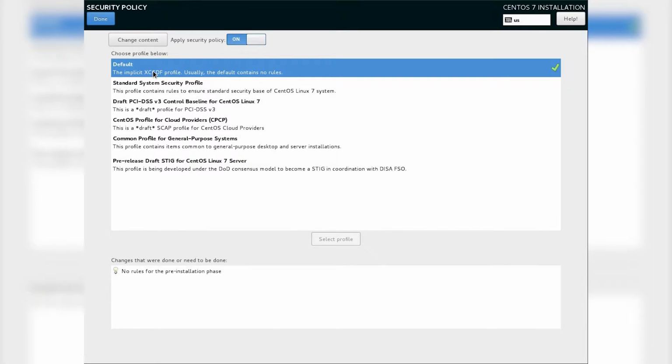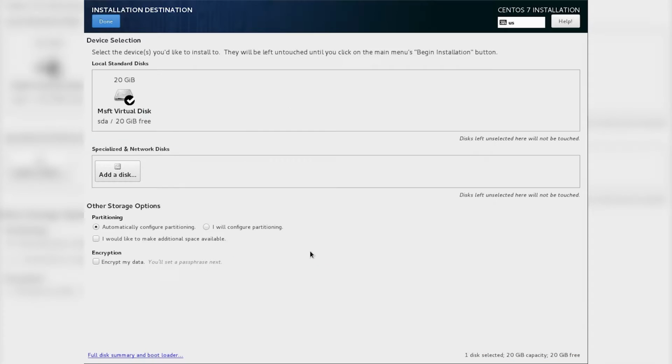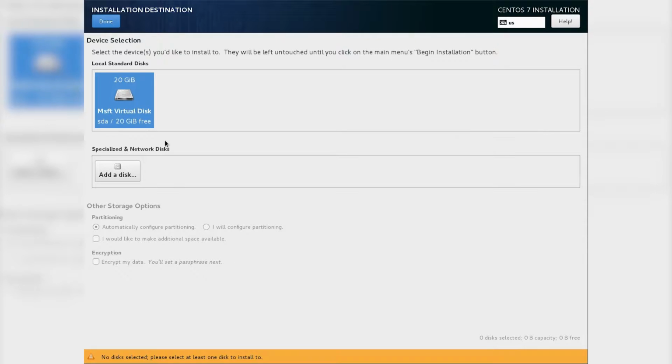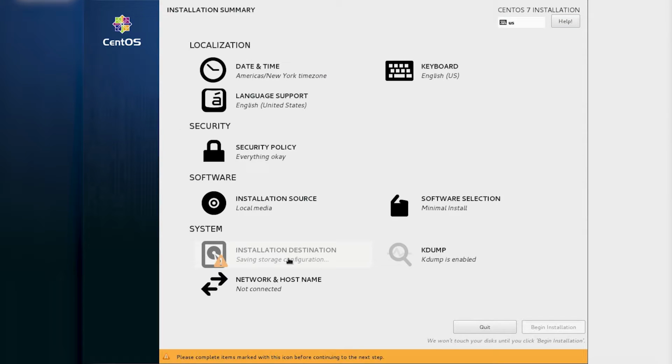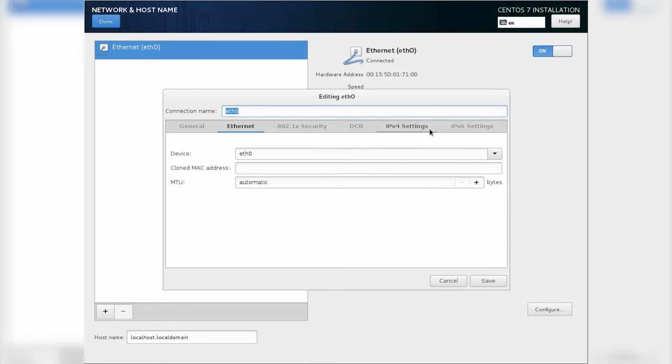First thing we want to do is set the security policy to default and choose Done. Make sure the disk that we want is selected. In this particular video, I accidentally left it unselected, but it still works out, so make sure it's checked off. Next, we're going to be setting our Ethernet adapter and turning it on, as well as setting our IPv4 settings